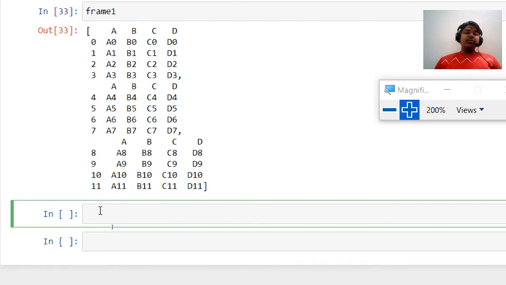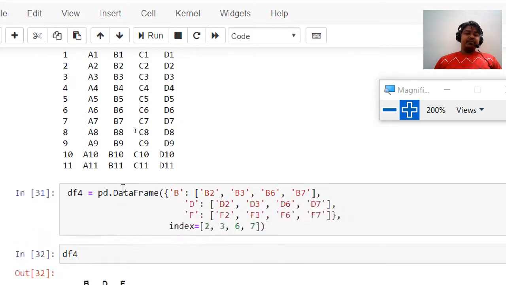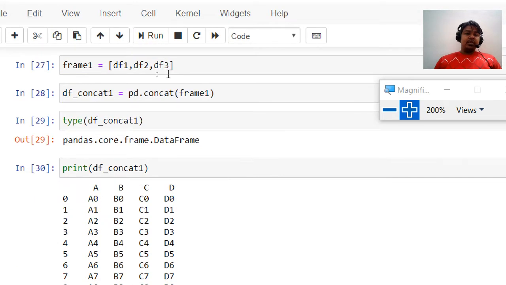To do that, we'll be doing another concatenation. Let's do it over here. df_concat2 is the variable name. pd is pandas dot concat, and inside it we pass frames.